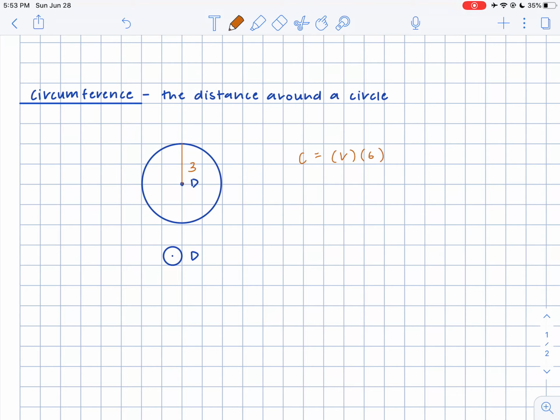So for example, if our radius was 3, and they might say calculate the circumference of the circle. So for now, you would just plug in 3 for radius times 6, so 18. And of course it comes with units, but yes, so the circumference is the distance around a circle. So what did we learn in this lesson? We learned about a circle, the characteristics that define a circle,